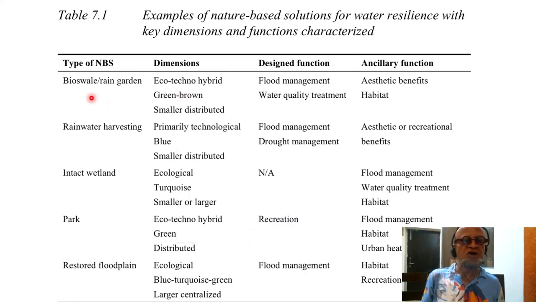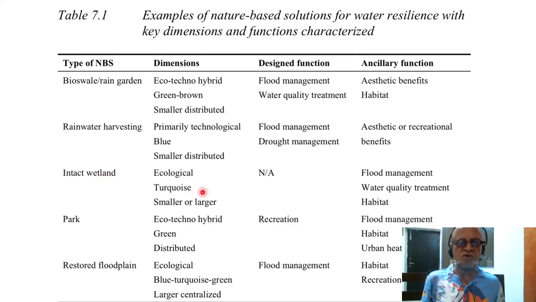So if you are talking about bioswale and rain garden, you have eco-techno hybrid, green and brown, smaller, distributed being the dimensions. Designed function is for flood management, water quality treatment, and ancillary functions or co-benefits are in terms of aesthetic benefits and habitats for additional species of birds, insects, butterflies, and so on and so forth. Okay, so rainwater harvesting can of course help with flood management and drought management, has additional value of aesthetic and recreational benefits. And intact wetlands, the designed function is not applicable because that's already serving its purpose and has dimensions